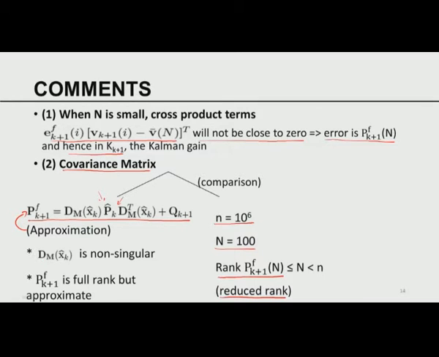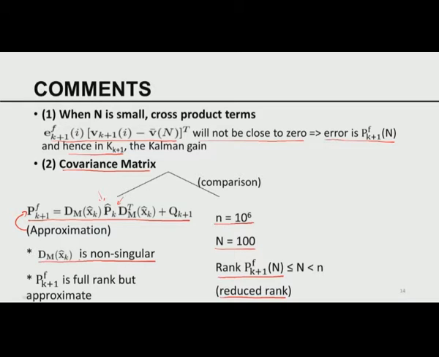Then the DMXK is not available. DMXK is a million by million matrix. I only know the analysis. I have to evaluate the elements of the million by million matrix along the trajectory. So that is another hidden cost that does not come out.